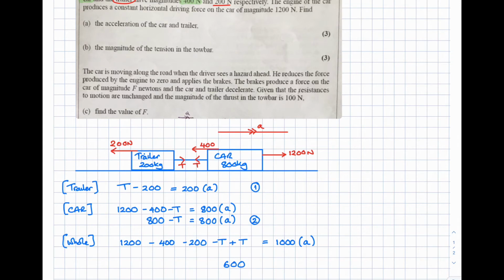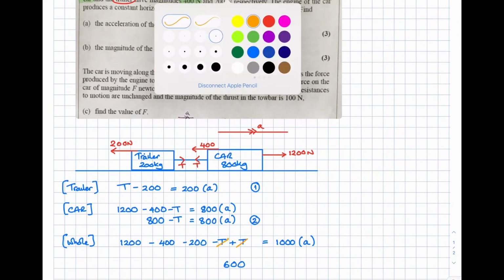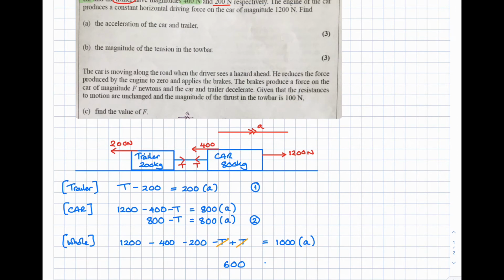And negative T plus T, well, they cancel. They disappear. And this would be equal to 1,000 multiplied by acceleration. So we've got basically 3 equations of motion. Now,